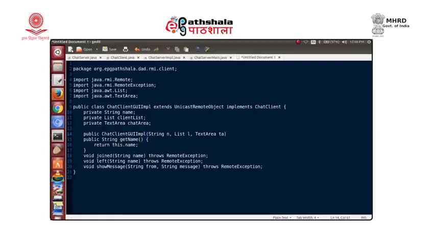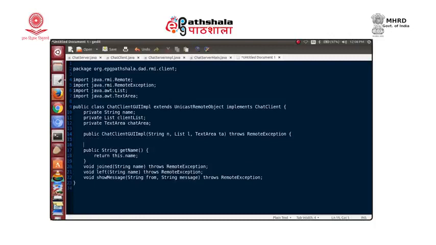We remember that the constructor for all those classes which are extending from UnicastRemoteObject should have a throws for RemoteException. Okay, fine. And then, the first thing we do, this class chat client GUI implementation